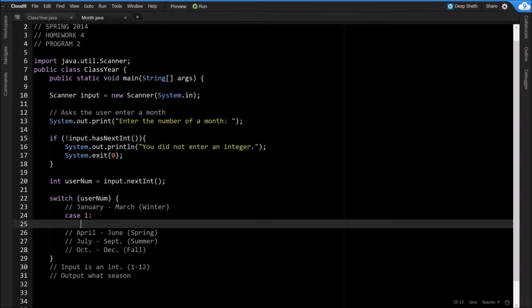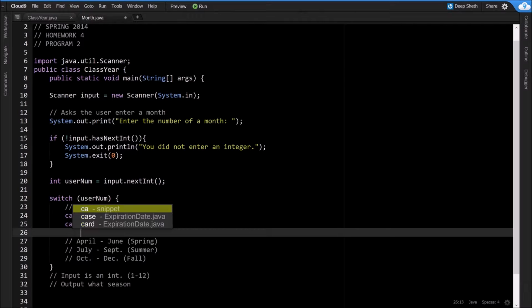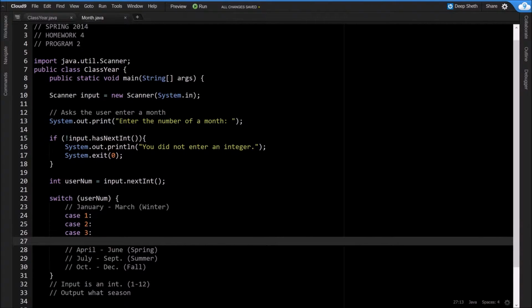We can utilize the fall through feature of switch. Because right here I write case 1, but I don't write break, it's going to continue running and it's going to continue following directions as if it were also case 2. And I also won't have a break here, so now I have cases 1, 2, and 3, which will all follow the same instructions. And I will do system.out.println,